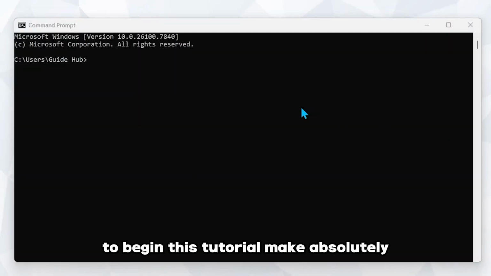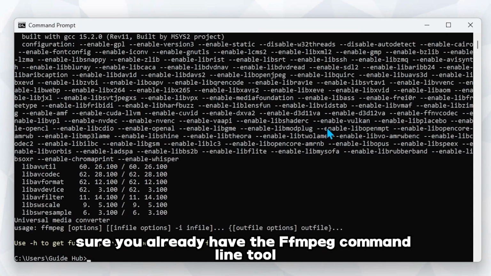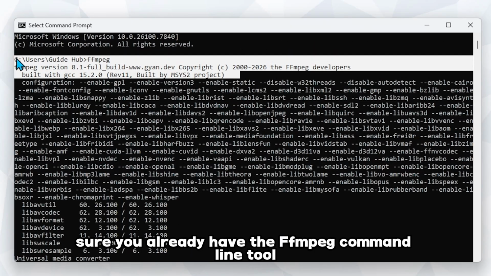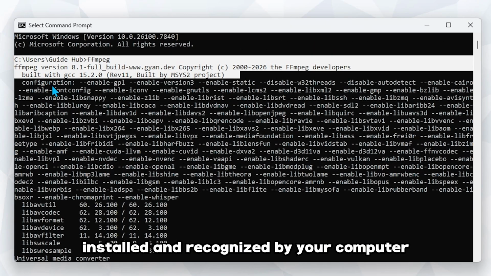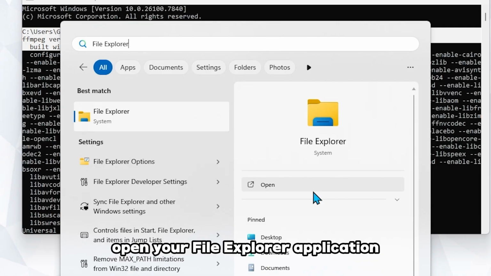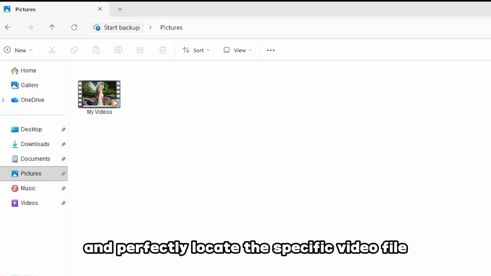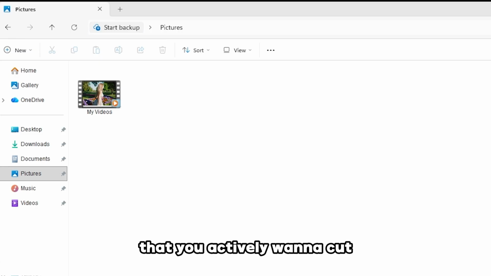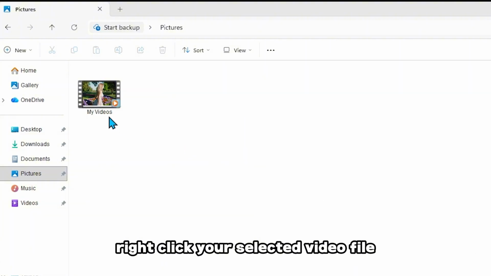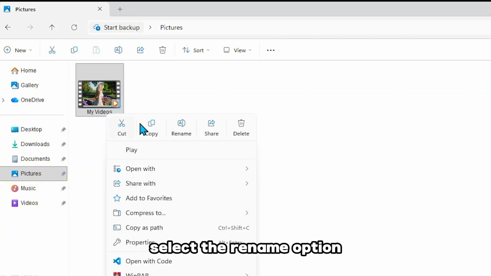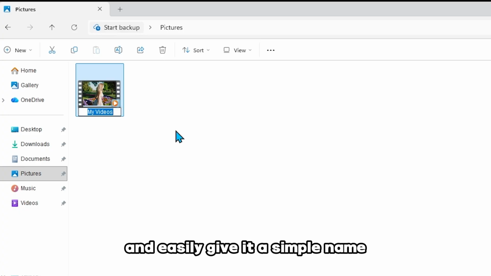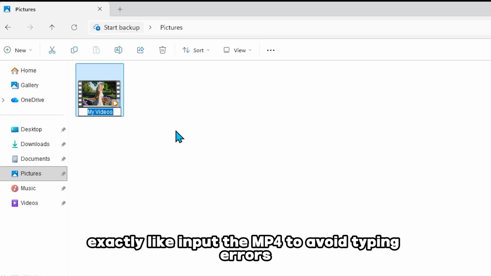To begin this tutorial, make sure you already have the FFmpeg command line tool installed and recognized by your computer. Open your File Explorer application and locate the video file that you want to cut. Right-click your selected video file, select the rename option, and give it a simple name like input.mp4 to